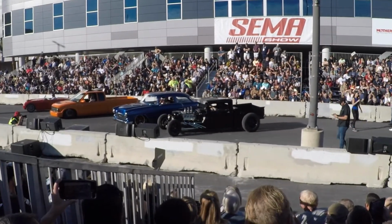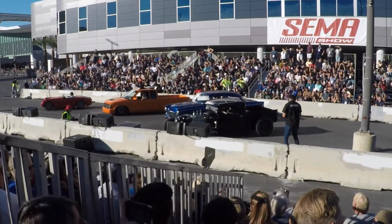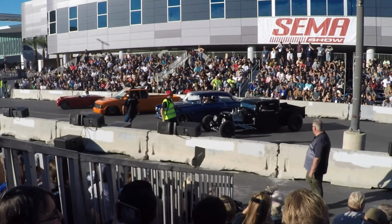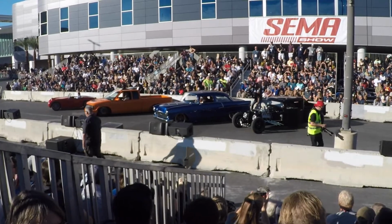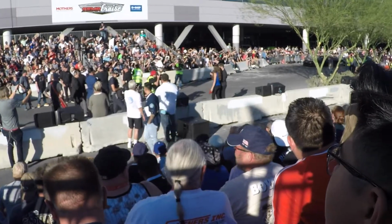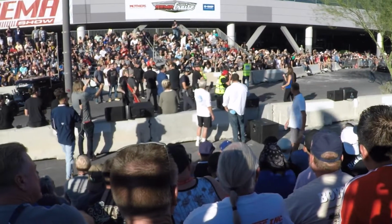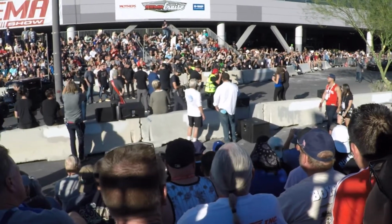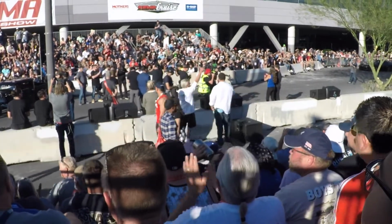And they have just as much a chance of winning as some of these guys with huge shops that are pumping out these cars. It's the first year in the years that we actually had two female builders in the top, so it was really nice. And the winner of the 8th annual SEMA Battle of the Builders is, with the 1955 Chevy Bel Air,